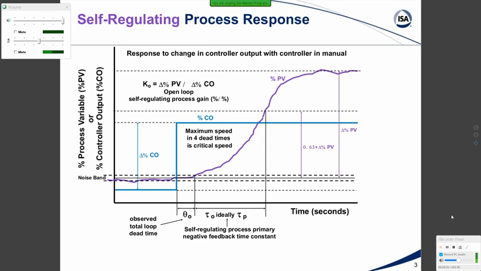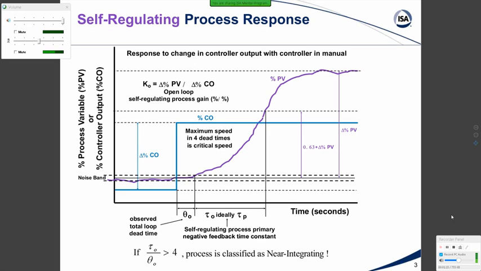The flow loops are, of course, the most common type of loop, and they're self-regulating, but we tend to know how to deal with flow loops, and we have a good valve. So I tend to be more interested in the temperature, composition, pH control, and vessels and columns. And for these loops, the time constant to dead time ratio is greater than 4, and we want to classify